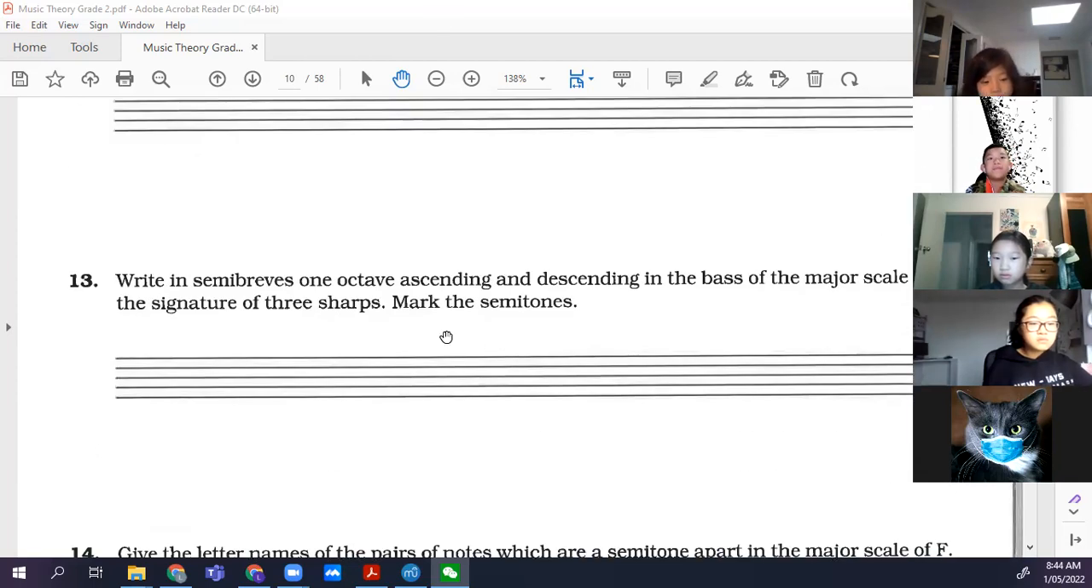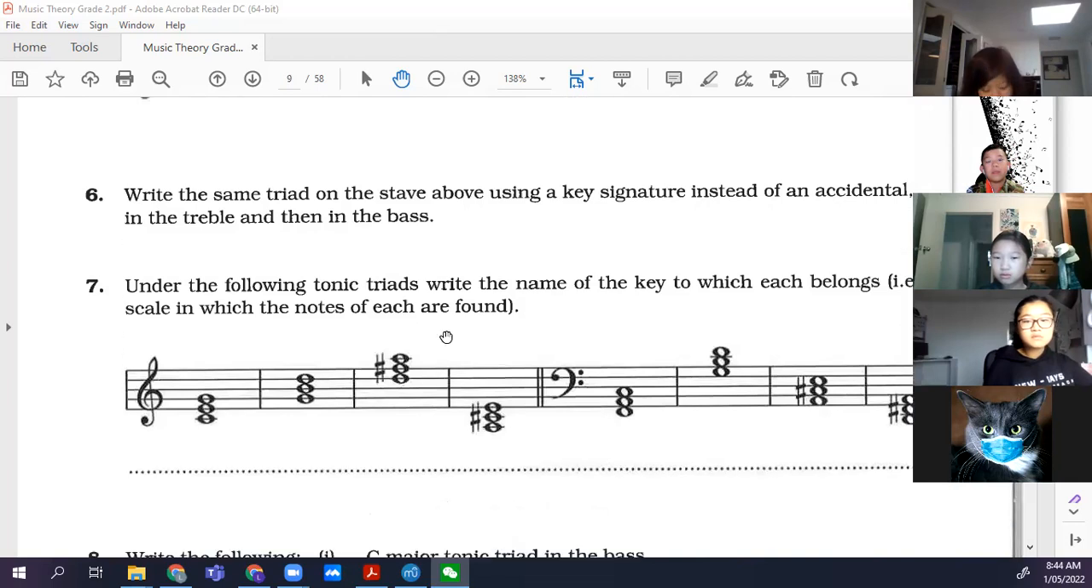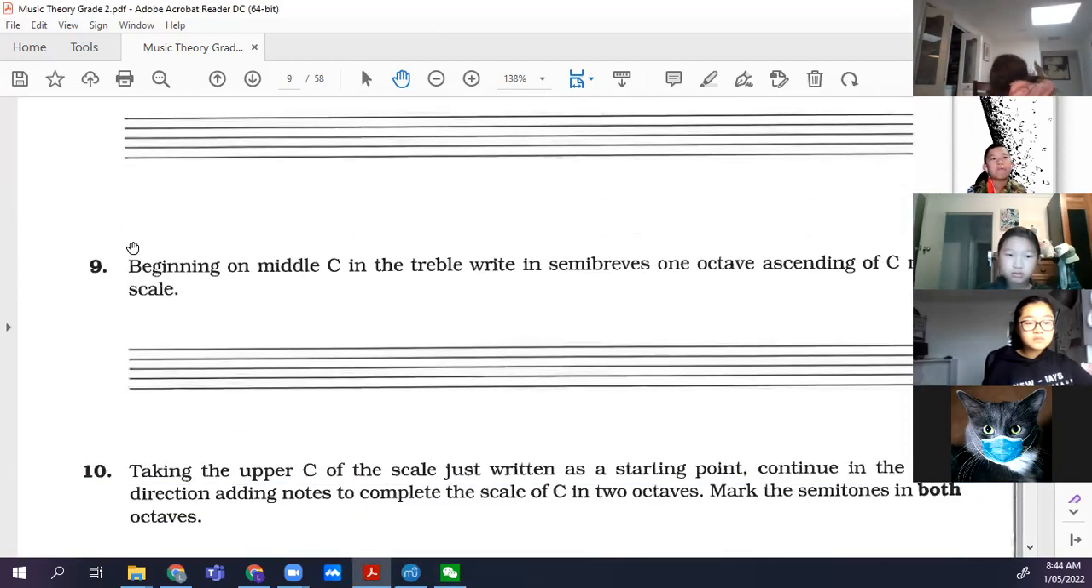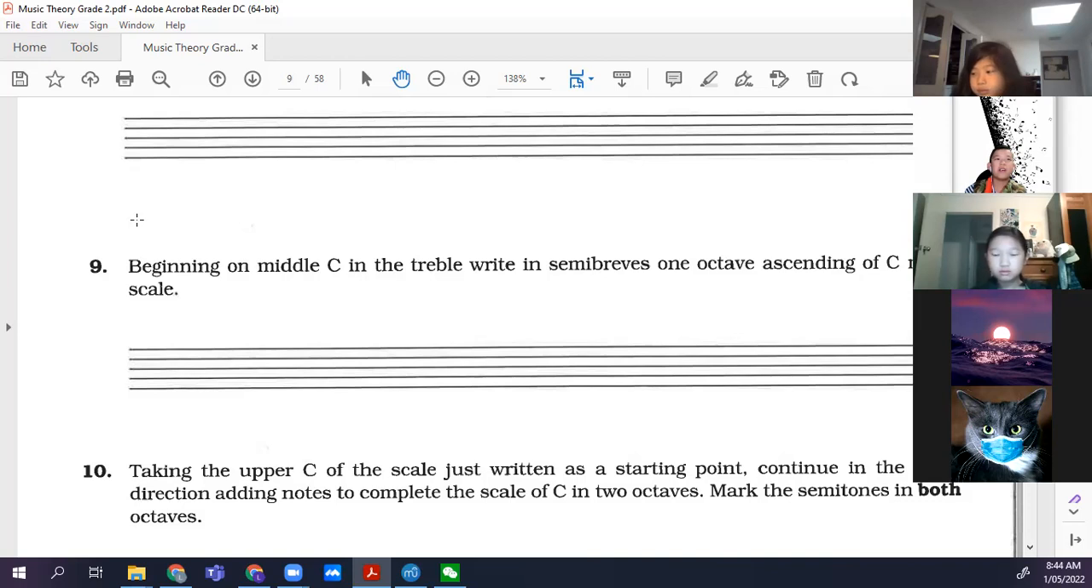Okay, so I also want to introduce you to scales in two octaves. Basically, you have to write, it's not really that different from writing a scale in one octave. Just repeat it again, and you've got two octaves. Not that hard. Well, I don't think it's that hard anyway. So I'll just get you to write